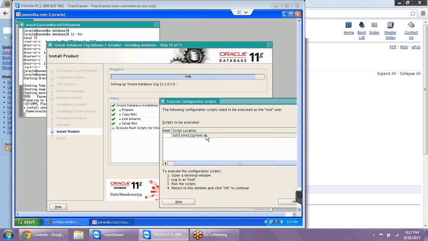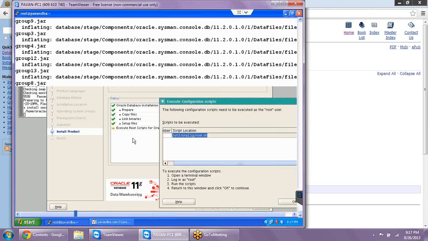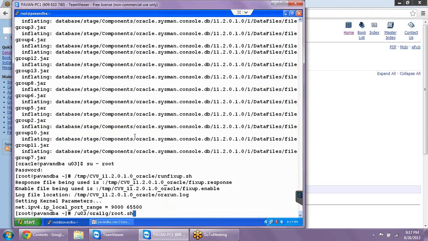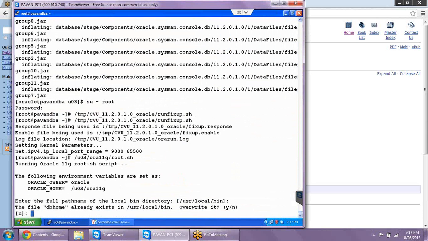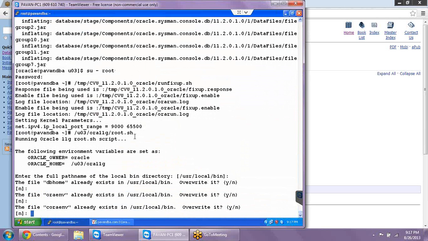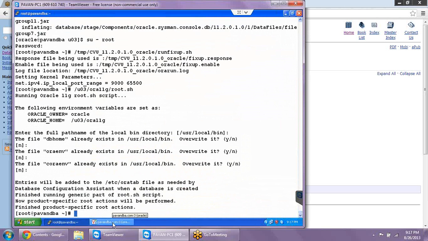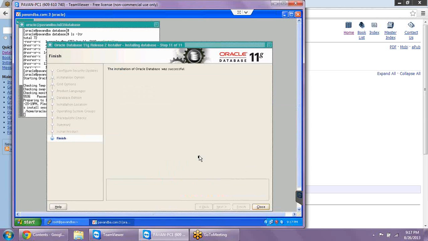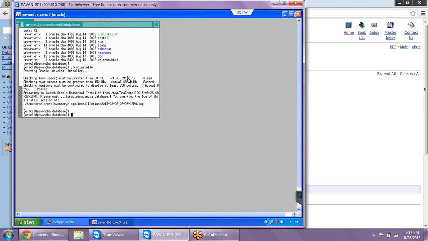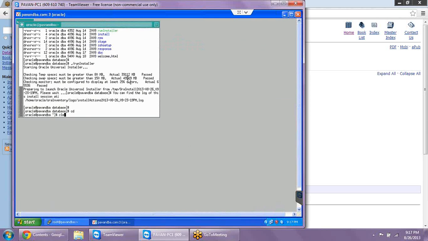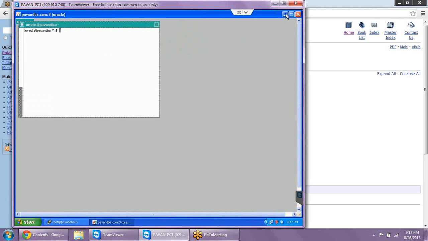So the installation got completed and now it is asking to execute root.sh. So done. So installation was successful. So now we need to